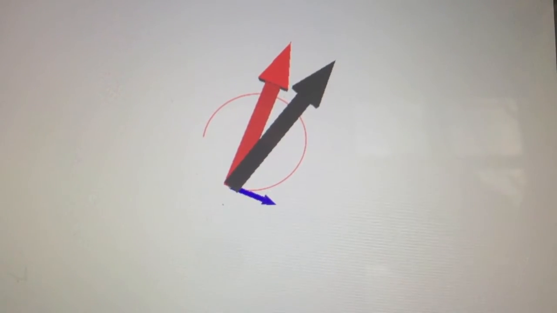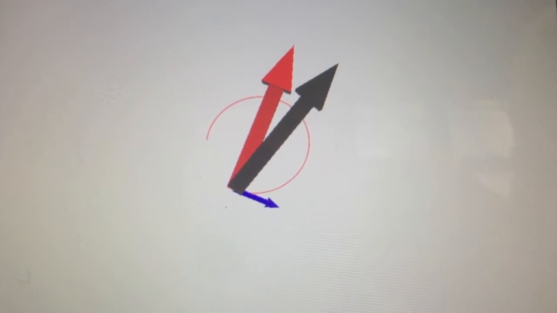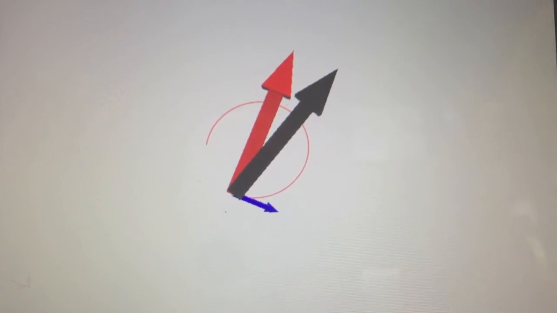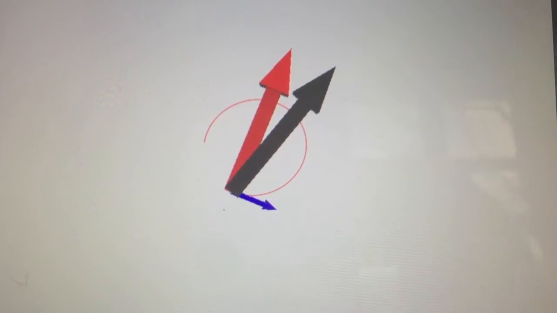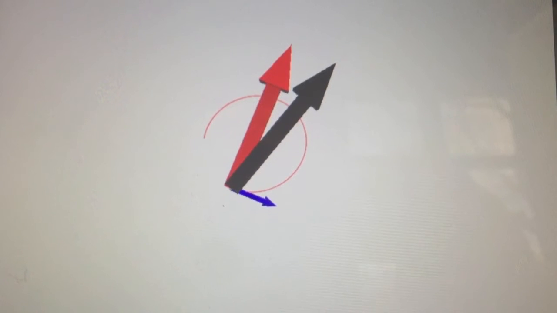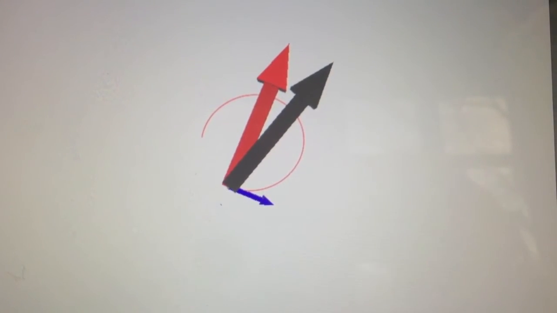Our FNet is not really observable, but our dP over dt is. They aren't the same thing, but they do have equivalent values. So we know that our FNet parallel is the one that changes the magnitude of momentum, while our FNet perpendicular changes the direction of our momentum. So when we ask the question, like, what if